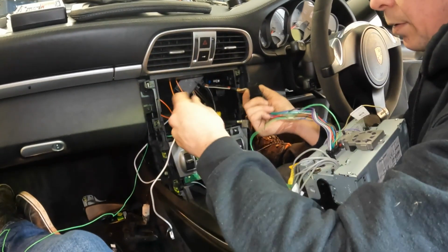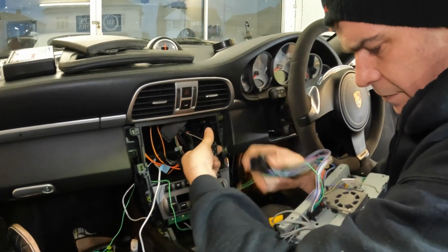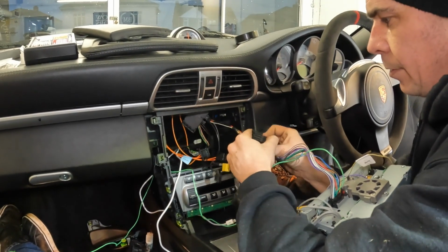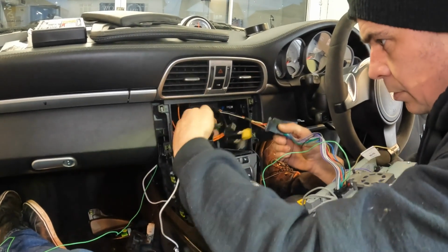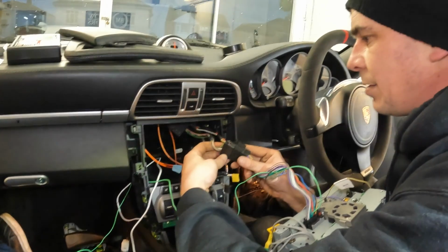It would be quite nice to get a rear view camera thing, I think. This should support one. Yes, it does. You've got a video input, isn't there? Not that you really need it on this, I suppose, but still be a nice feature to have, isn't it? The only downside with that, I guess, is...